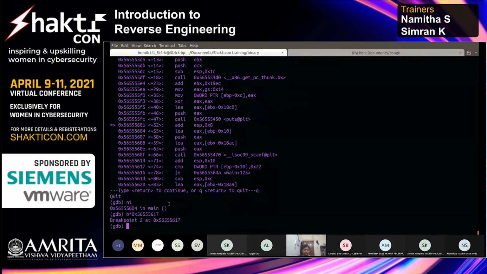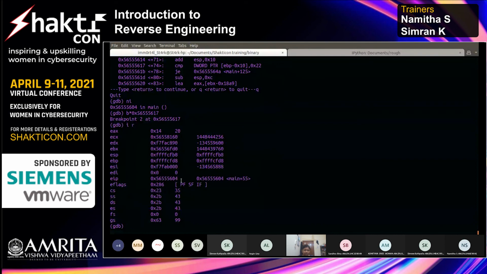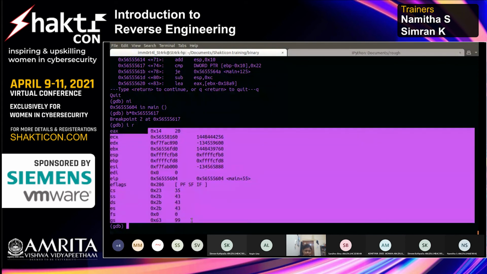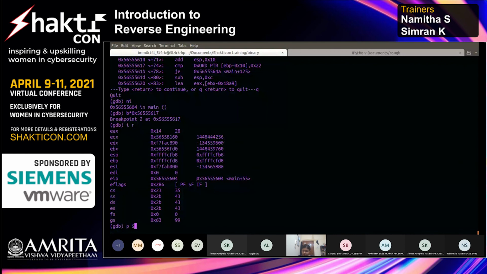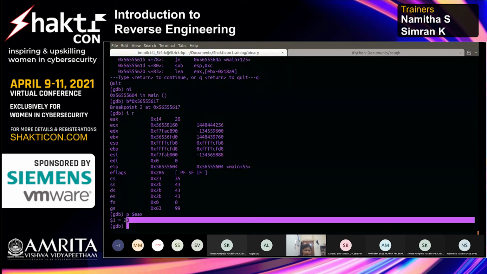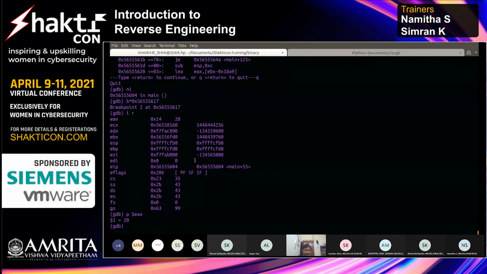So what happens here? I want to see what is there in the registers right now. So I do info registers (ir). So we see that, okay, these are the values in the registers at this point. Okay, so I want to see what is there in EBP minus. This is basically what a print instruction does. So you can print out these registers too by p, and this will give you 20. So it basically is the same as here. So these are a few of the instructions.